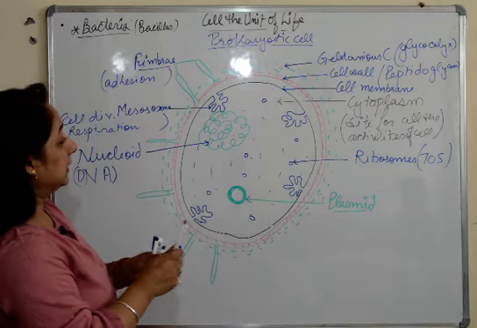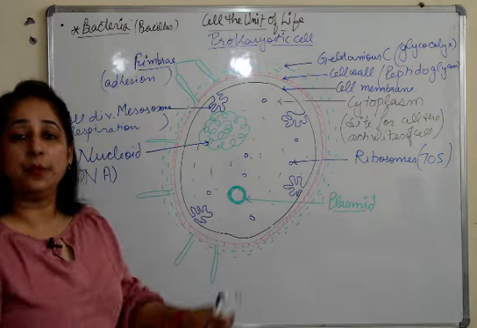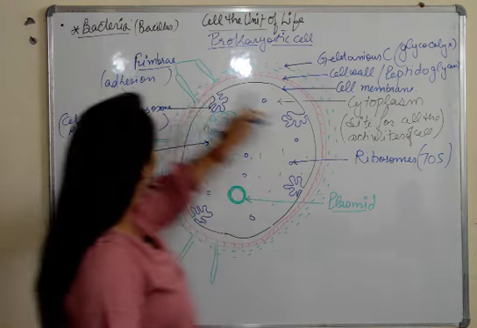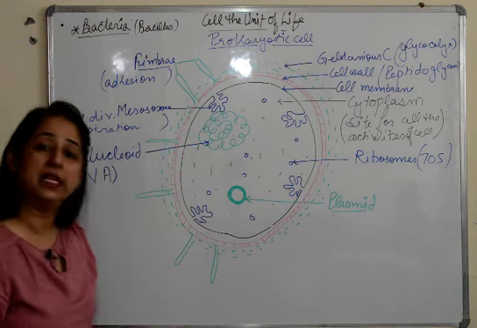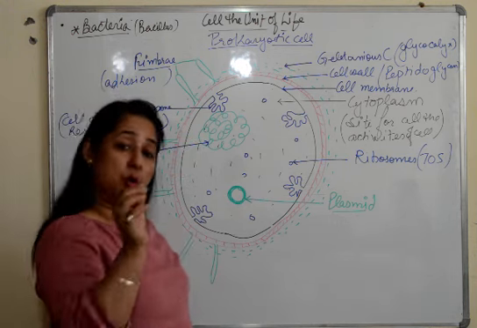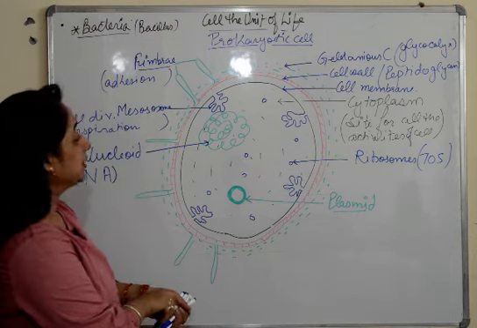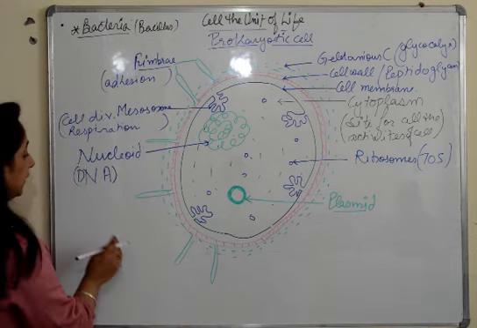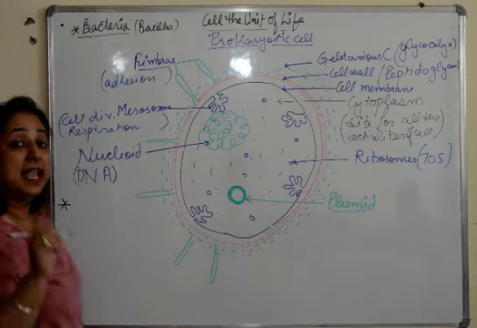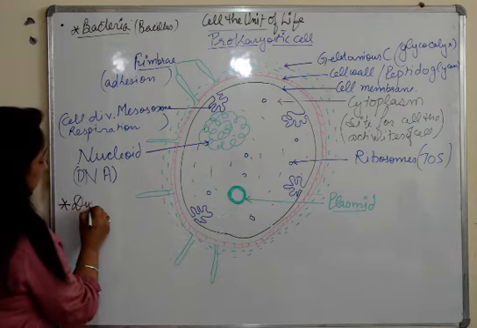So these are certain structures which are present in a prokaryotic or a bacterial cell. I have told you the functions of almost all the structures which are additional here. There are certain few pointers important for your notes. The first pointer, I'll be using this space and that space to write, is that during cell division